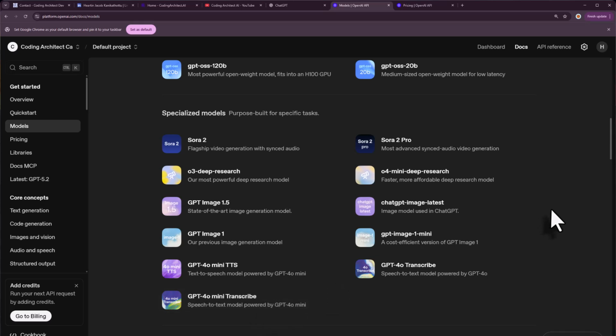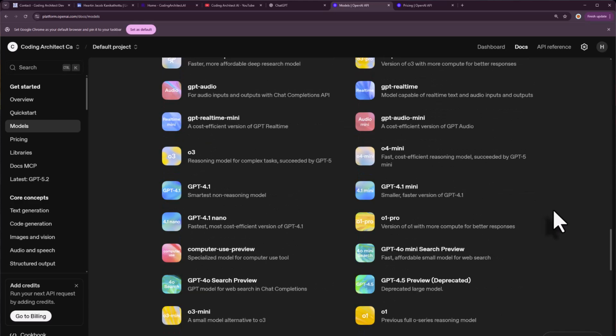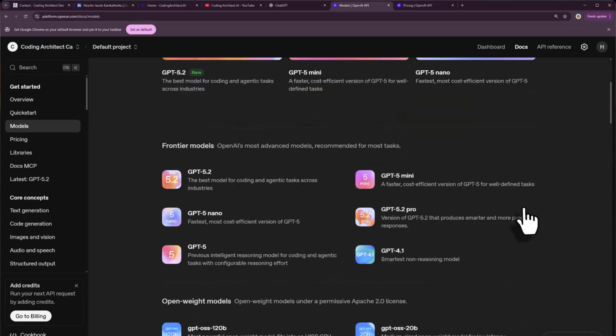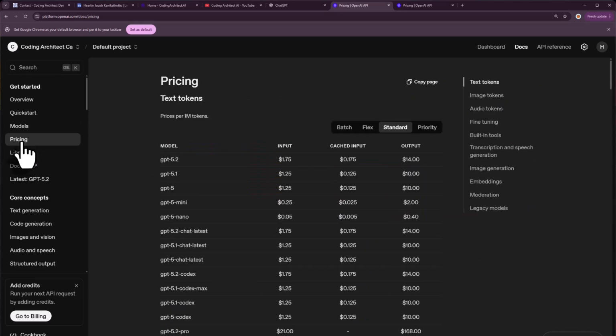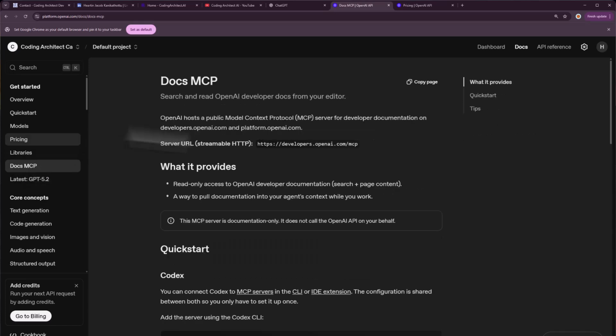I remember having the DALL-E model here for image generation earlier. When you look at it at a later point of time, you may see a different set of models than I see now during this recording, but the concepts will remain the same. You can explore pricing from here. You can explore libraries, docs, MCP,